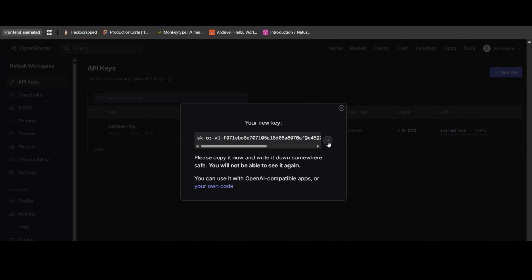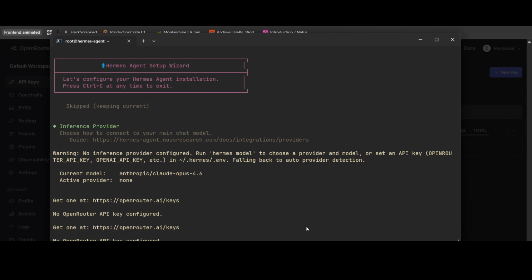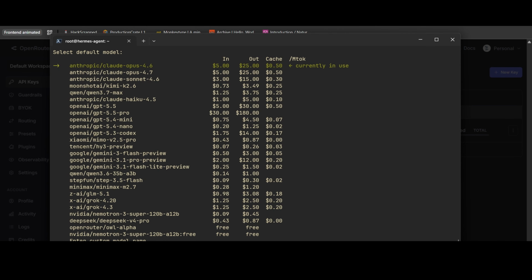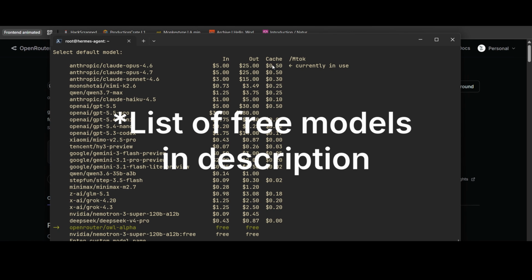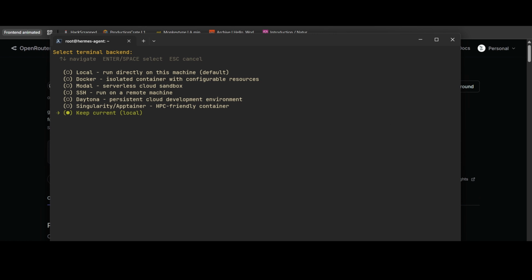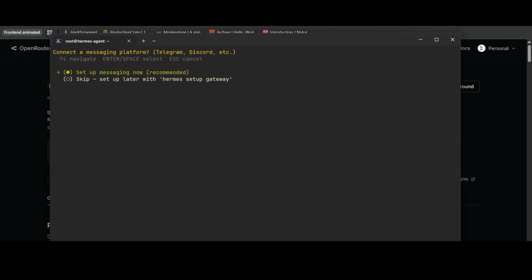Now that you have created the API key, copy this and make sure you don't forget to save it somewhere, because you cannot see that API key again. Paste it in the terminal, and now you can select all the different models you want to use. So for this particular agent, I'm thinking of using Owl Alpha. Just select local here. All of these things do not concern us because we have the VPS specifically for